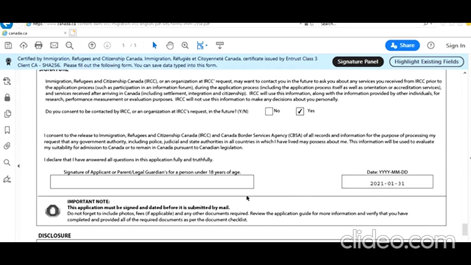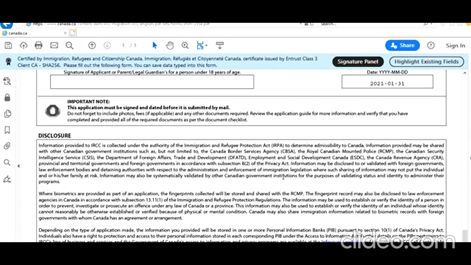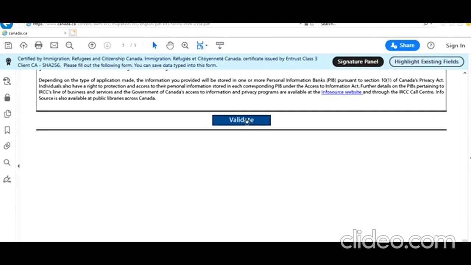For electronic applications, you don't need to sign here physically by printing, but one thing is very important: you validate.